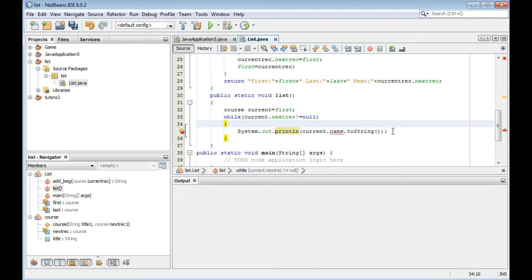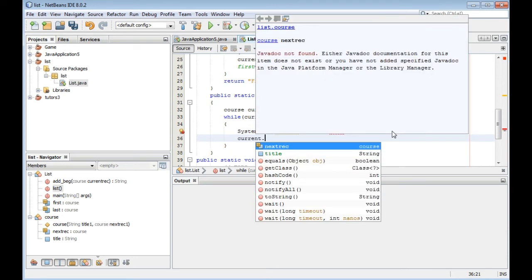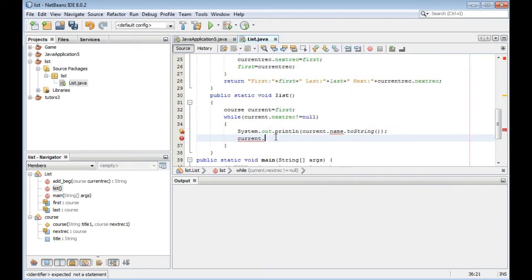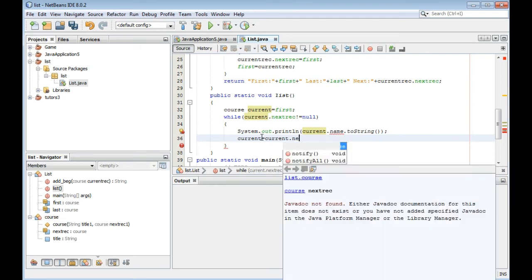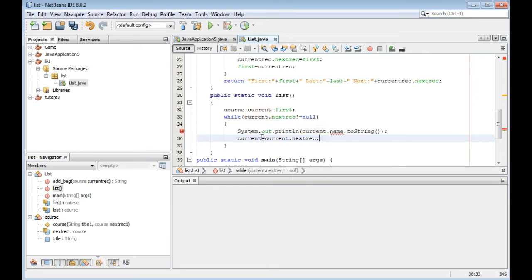So what is the current? Current is equal to current dot next rec.